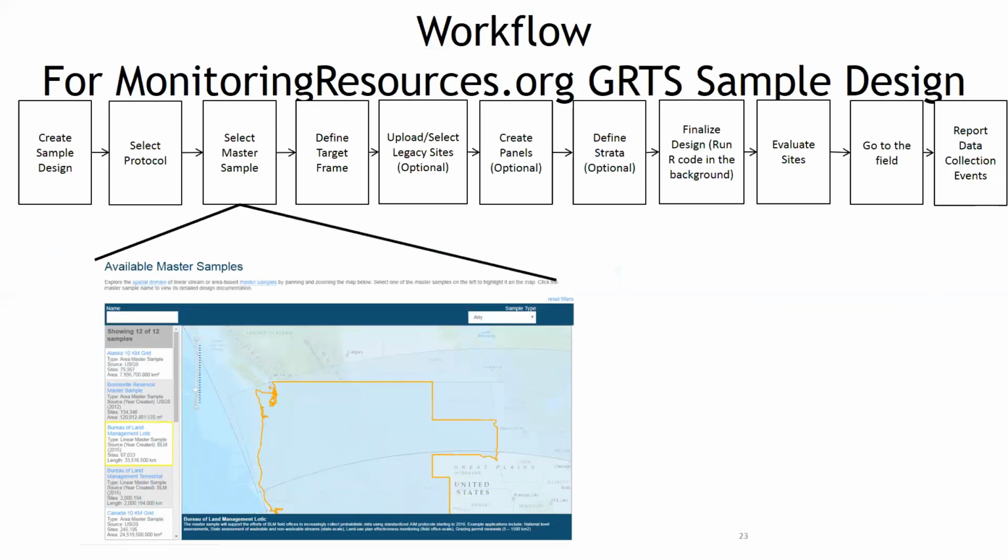But this is what you do. You create a sample design in Monitoring Resources. You select the protocol, so that's again the methods you're collecting. You select a master sample. We have 12 master samples in Monitoring Resources right now: a couple of BLM master samples, the Columbia Basin master sample, the North American bat monitoring master samples. And you define your target frame,